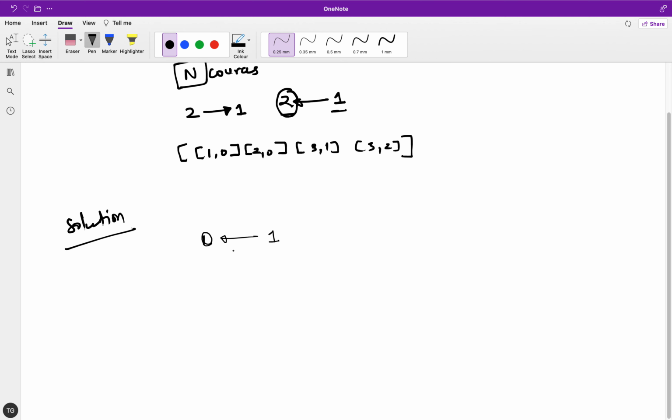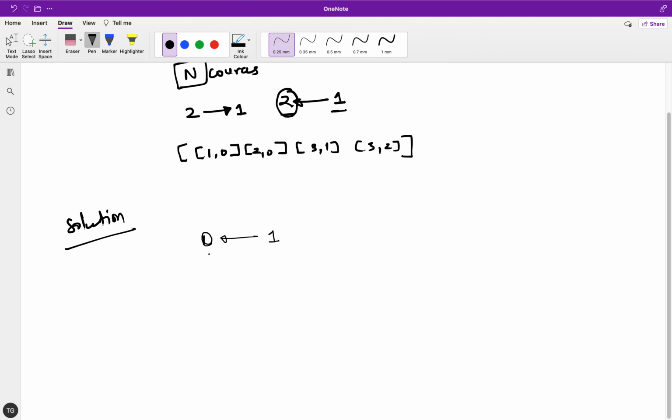We have two types of graph. One is undirected and the second one is directed. In a directed graph, if there is no cycle, then we can give a topological order of the vertices.